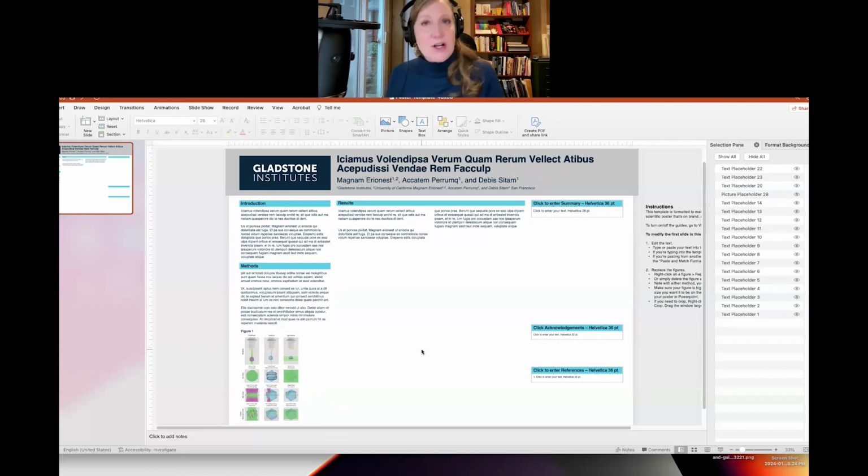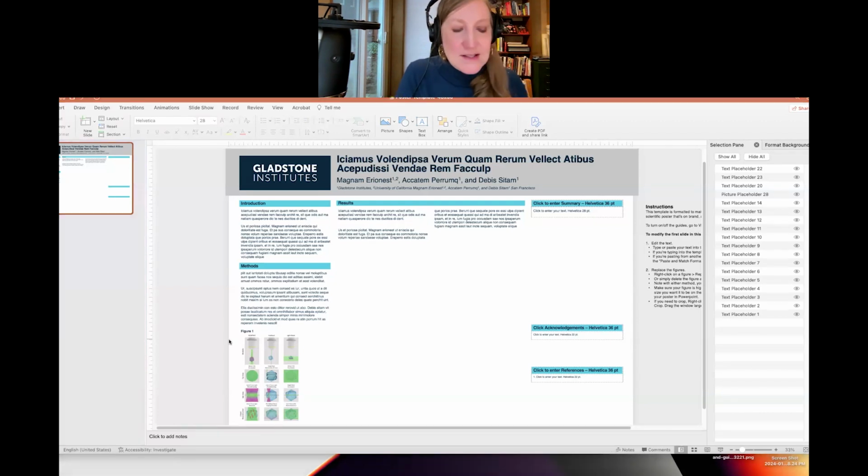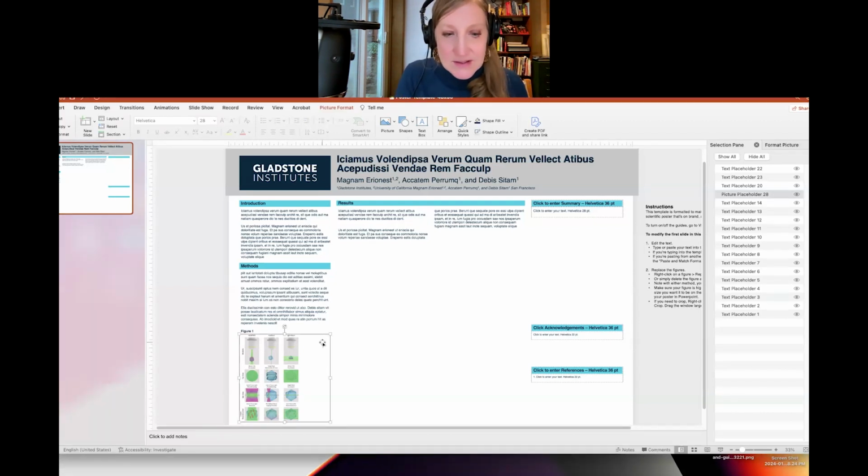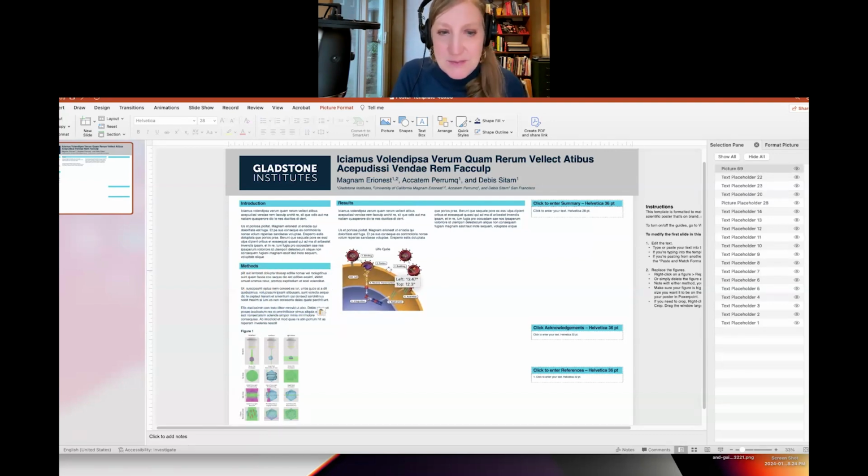A couple other things I'll show, and then I'll do a quick demo of how to export to a PDF, and then we'll be good. So a couple other things. I could copy and paste some images from our other deck. I just demonstrated how to use the placeholders to insert your picture, because they're already sized to be the correct width. I could also just paste